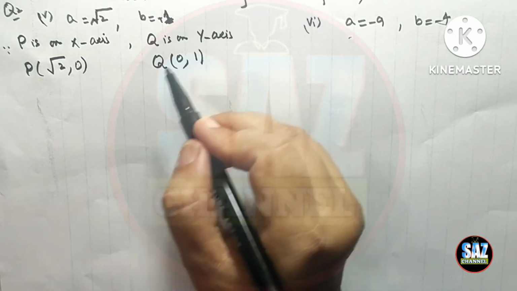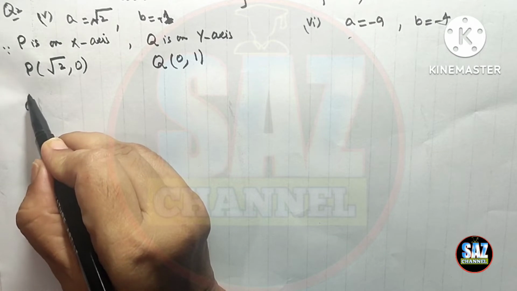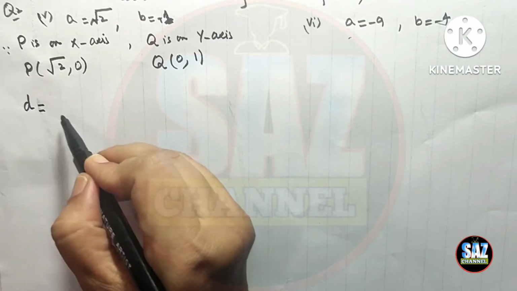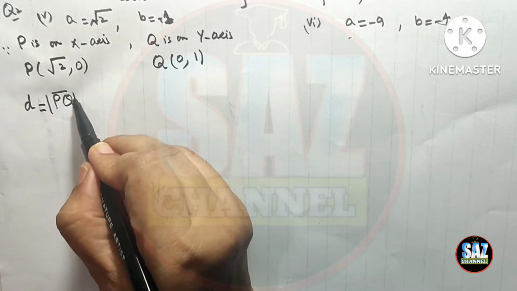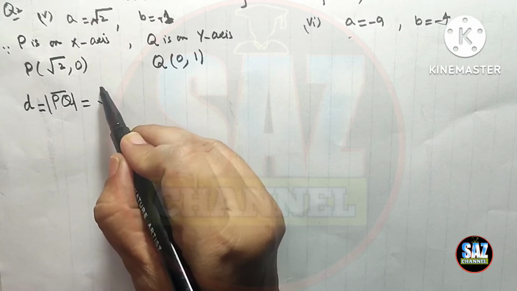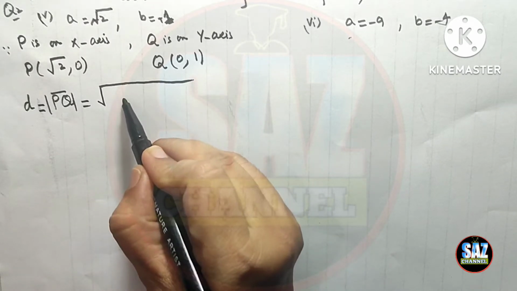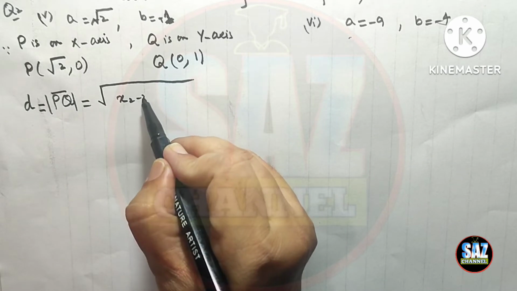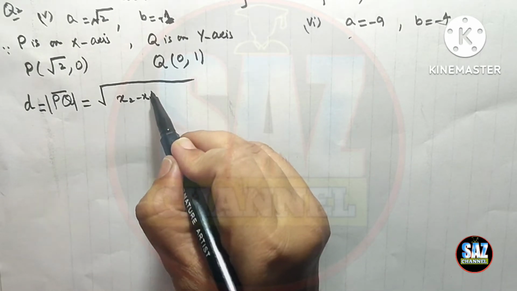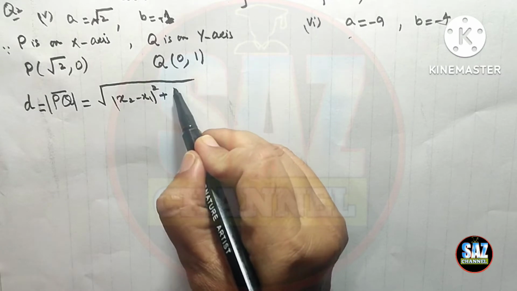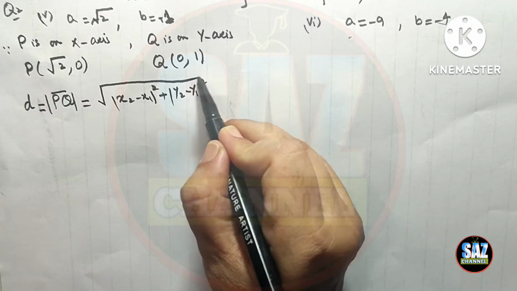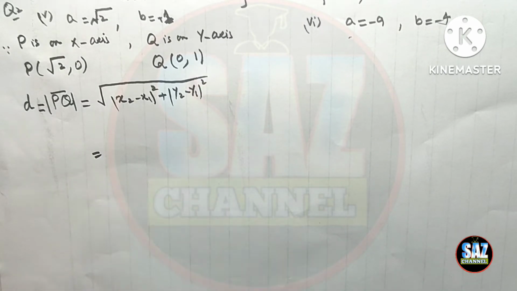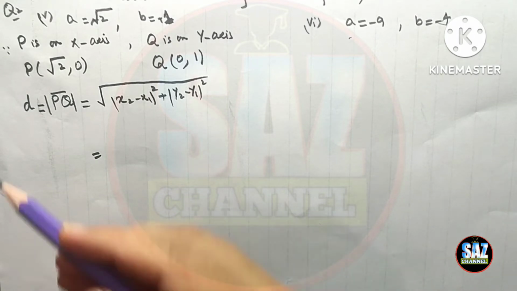And now what we have to do, we have to find the distance. Symbol for the distance is d and PQ, and we must use the symbols and notations. Then we have to take the square root of the sum of the square differences, x2 minus x1 whole square plus y2 minus y1 whole square, and I have to put the square root. If you find difficulty with what is x1, what is y1, you can write with pencil, students, x1